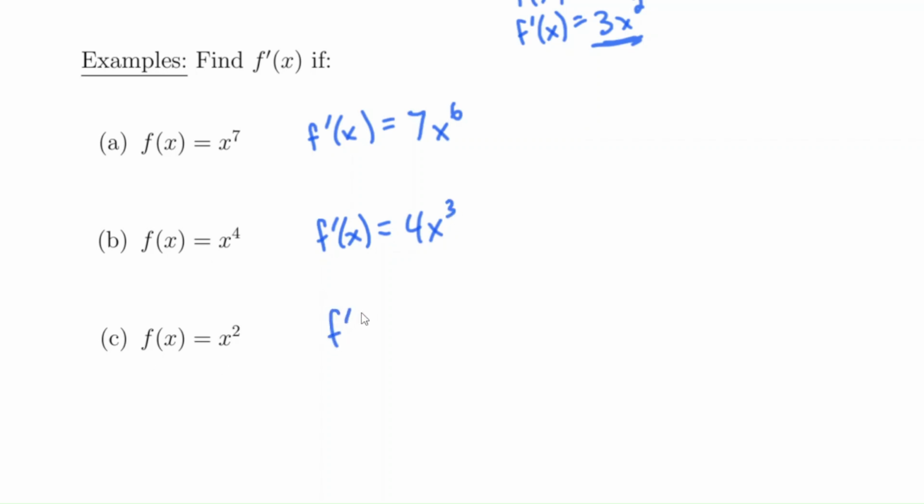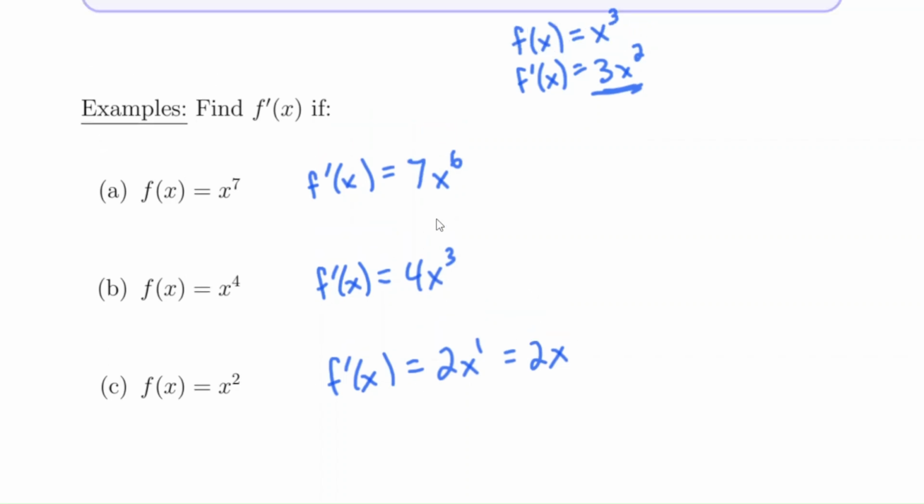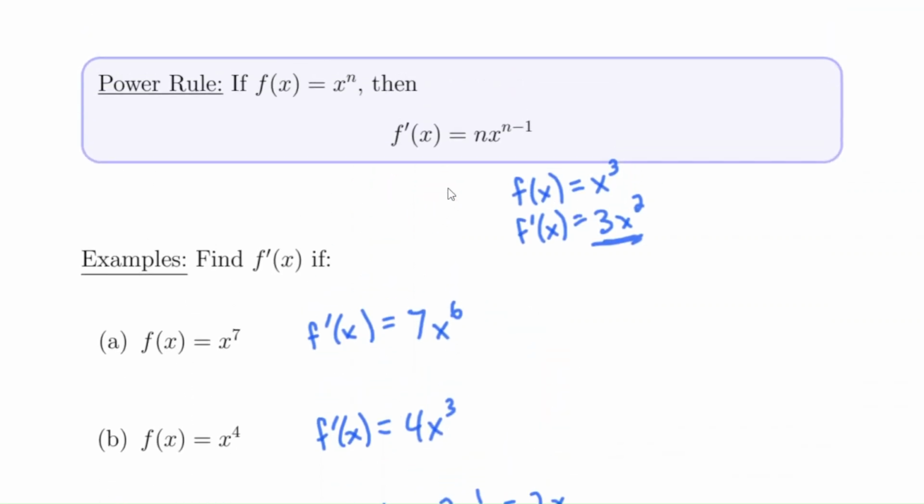Well, the derivative of x squared is going to be 2x to the 1, or in other words, just 2x. Okay, now you might wonder, why is the power rule true? Well, you can prove the power rule using something known as the binomial theorem, but one way that you might